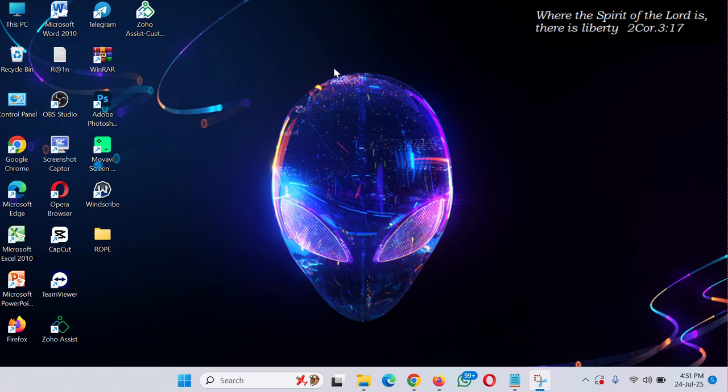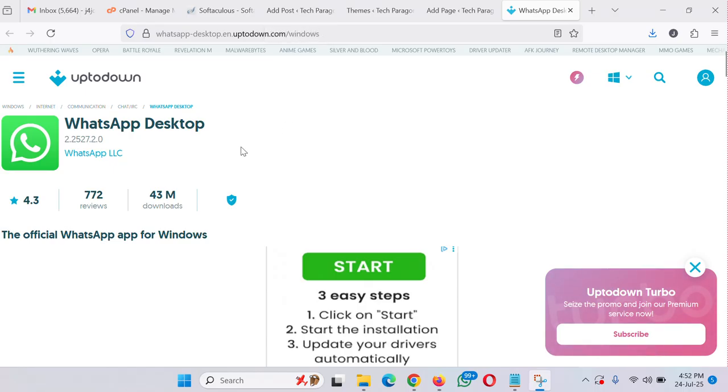Let me quickly show you how to download WhatsApp on your desktop without using the Microsoft Store. Here are a few quick steps. Now, you have to visit this website. You can see the website